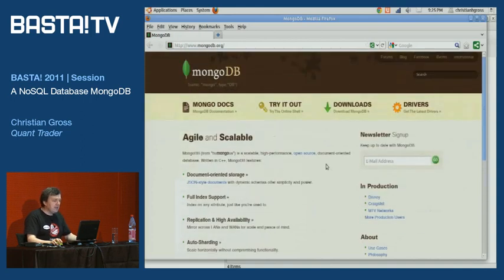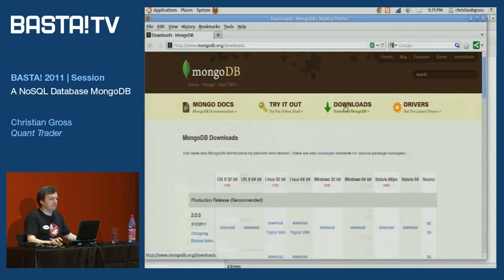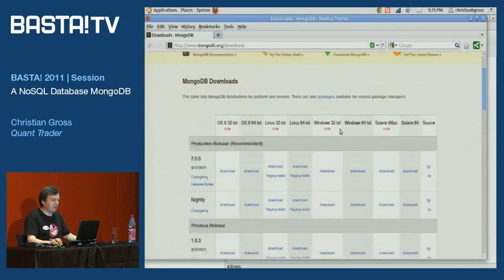What you want to do is download. Here they have a very nice table where they tell you which distribution goes with which operating system. You're going to see there's a 32-bit, a 64-bit, 32-bit, 64-bit, and so on. You have to be careful.